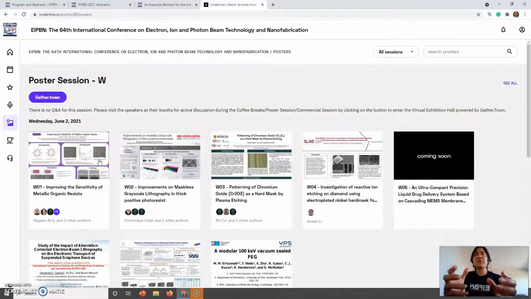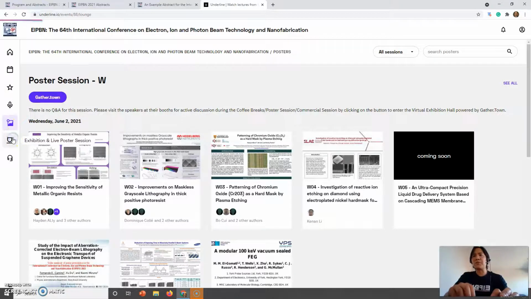What we'd like you to do is keep your questions for the actual GatherTown exhibition hall, because that's where a lot of the interaction is going to be happening. Okay. The one thing I haven't touched on was the main stage. You'll be using this to access some of the opening talks, the plenaries, and then a few of the short course lectures that we're going to be offering on Tuesday, and then some general announcements.